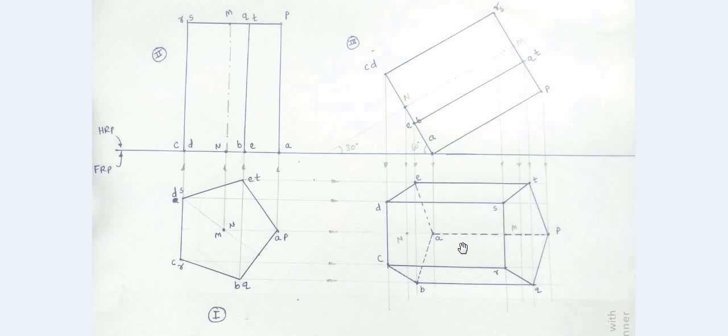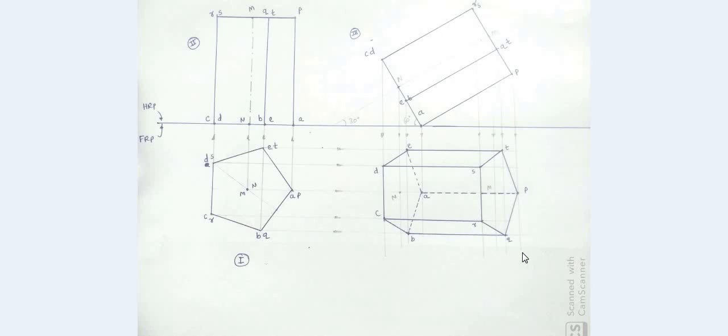Now in the next, final step, we will be completing the condition with respect to FRP. And we know that if the condition with respect to FRP is to be completed, a new FRP would be constructed at the side of the top view. So while completing that last condition, we will be constructing a new FRP here, but it will not be constructed at any random location. It will be constructed as per the given condition, and in the data it is given that top view of axis MN is inclined at 45 degrees with respect to FRP.